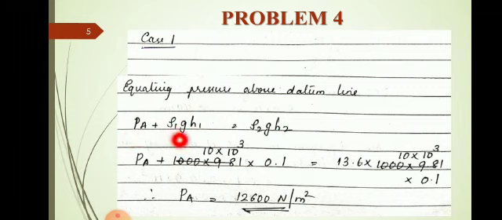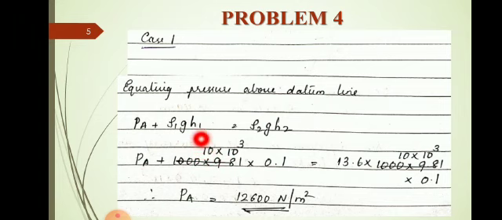Here, rho 1 G is the specific weight. Rho 1 is the density. When you multiply it with the acceleration due to gravity, it becomes the specific weight, because we have learned gamma is equal to rho g. So Pa is an unknown quantity. You can maintain it as such. Rho 1 g is the specific weight, which is given in the question as 10 into 10 raised to 3.